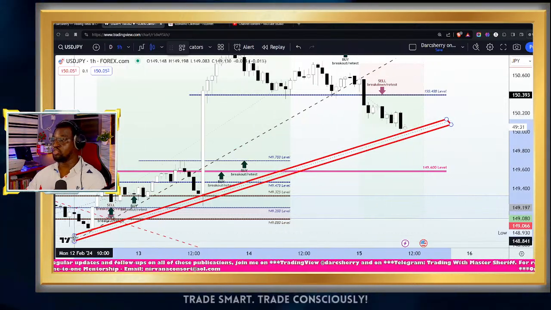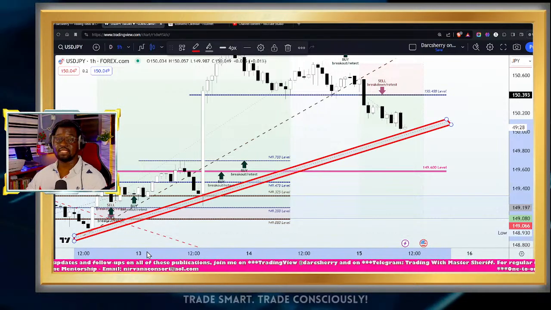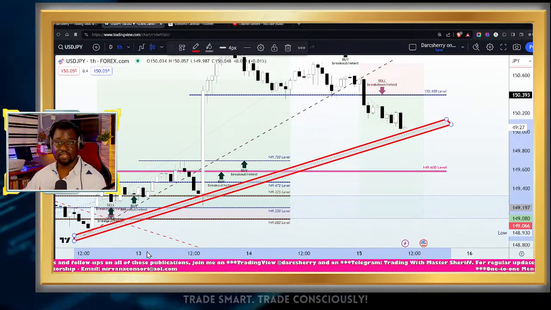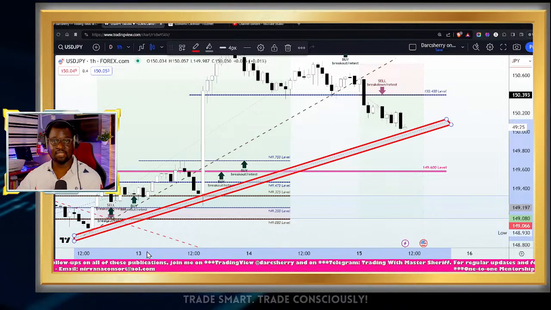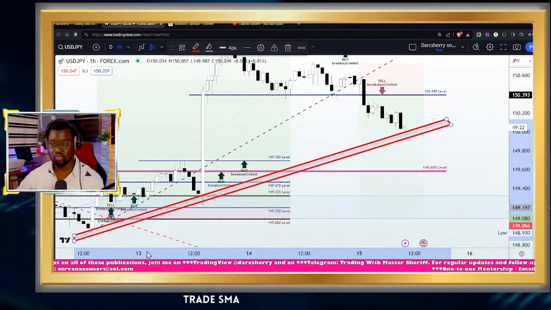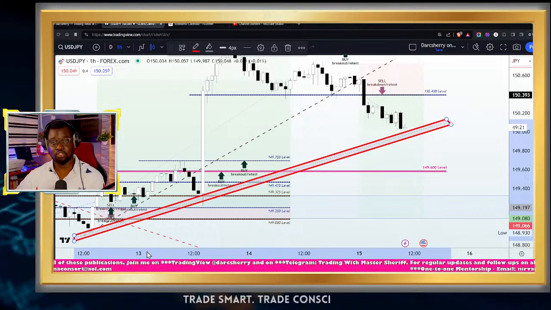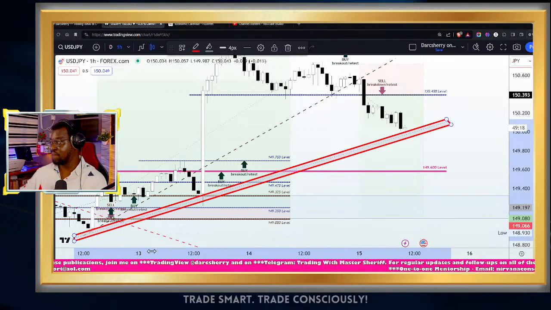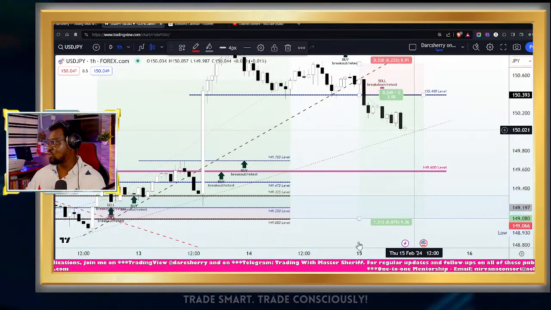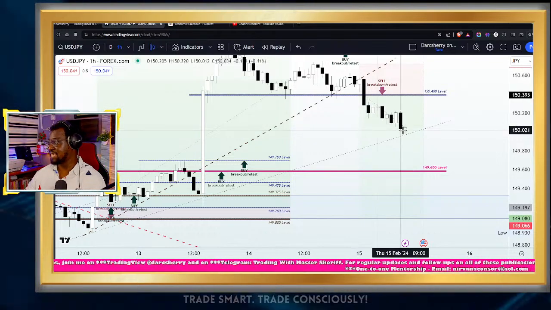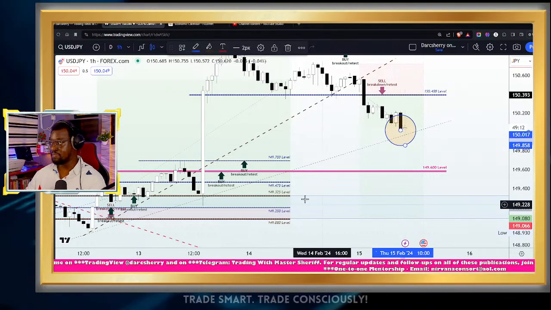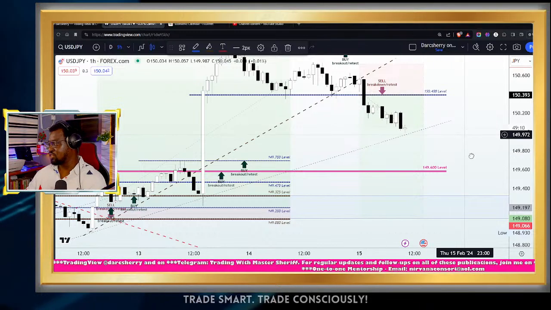How we use our ascending trend lines in this community: as long as price action remains above the ascending trend line, we shall continue to look out for patterns and structures that support the idea of buying that asset. Now look at what has been going on right now. Price action seems to be gradually approaching that ascending trend line.